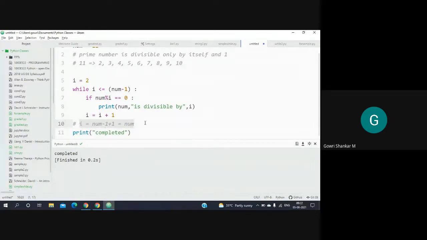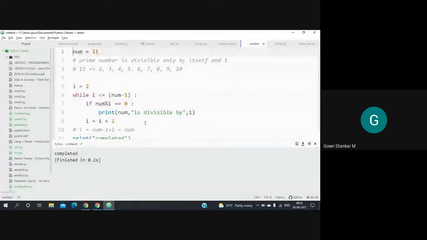So in the next slide we are going to see a statement called break. Now why we require a break is, suppose my number is say 49. I'm running this. Now 49 is divisible only by 7. So for these things, it is not a problem. Now suppose I have a number say 18. You see here, we are finding all the factors of 18. 18 is divisible by 2, by 3, by 6, by 9.